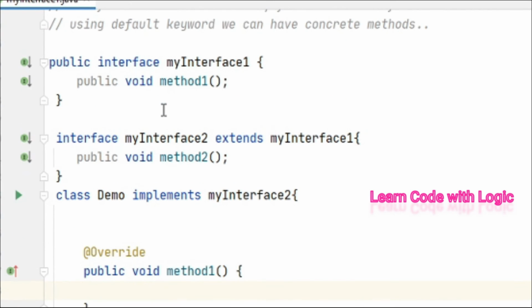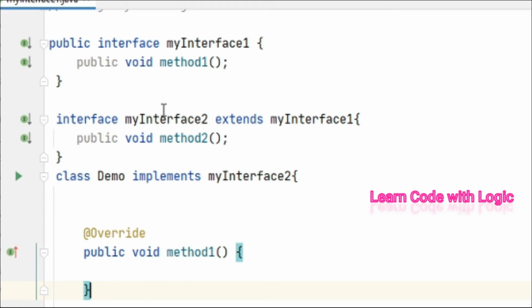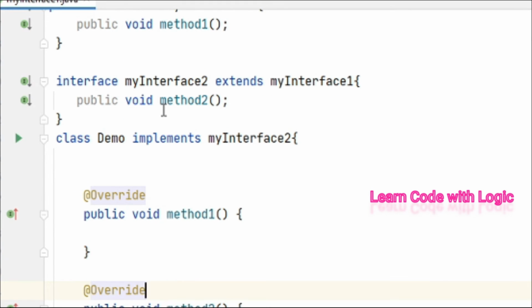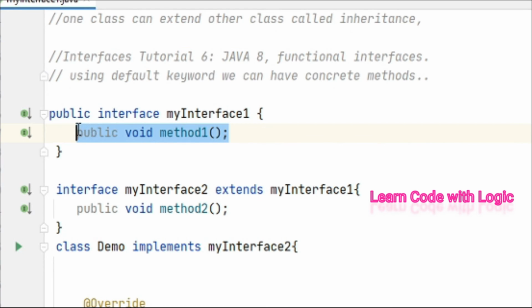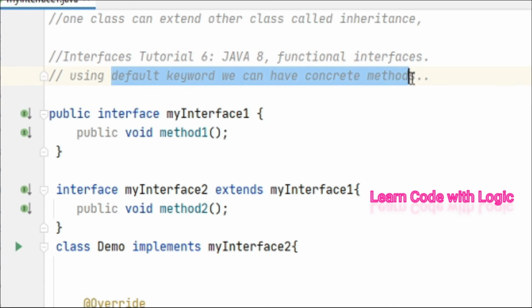So far we have seen abstract classes used for 100% abstraction, where you have all abstract methods, meaning incomplete methods. But in addition to this, from Java 8 onwards, we have another advantage. We can have concrete methods. Using the default keyword, we can use regular methods also, not only abstract methods.